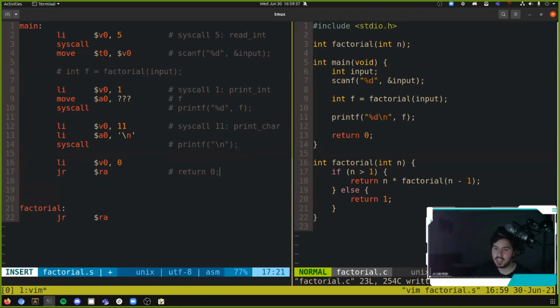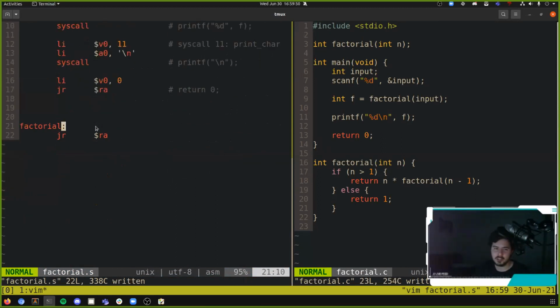Okay, there's all of our boilerplate out of the way now. We've got our new line, we've got the print int, but we don't know where our f value is. We don't know how to call factorial, and we haven't written factorial yet. So we've got a bit of work to go. And then we'll be finished off with the talk. Okay, so